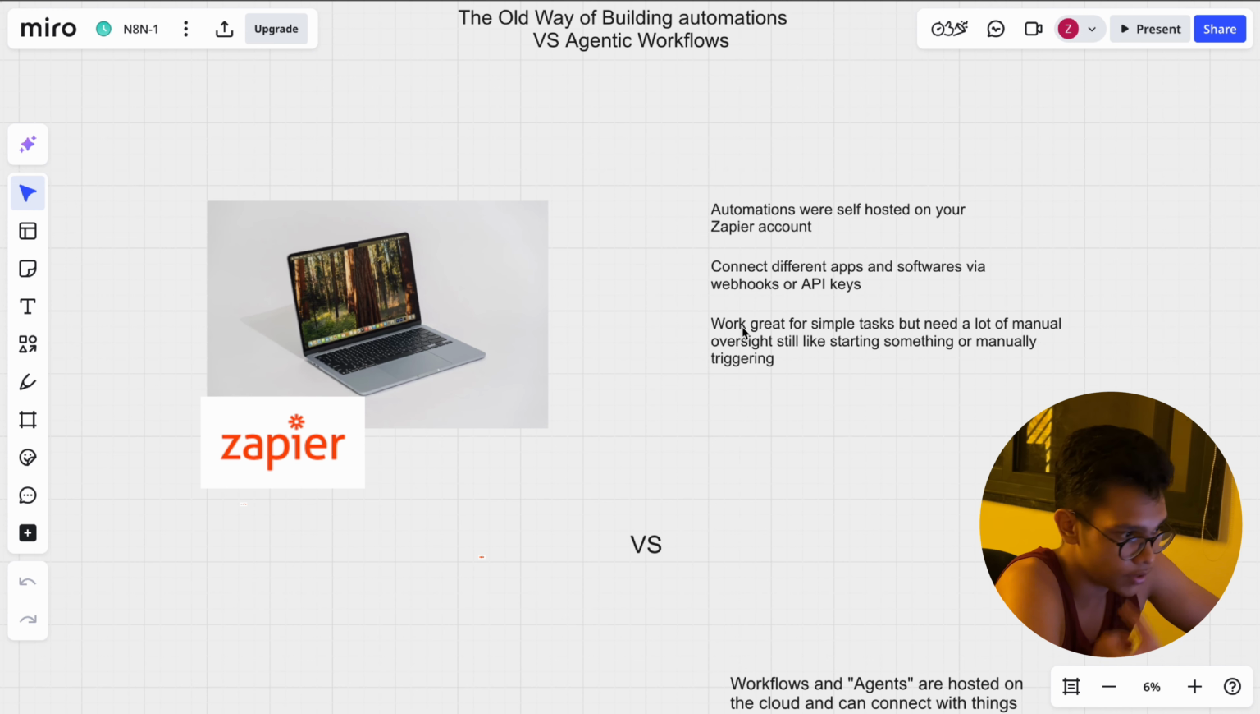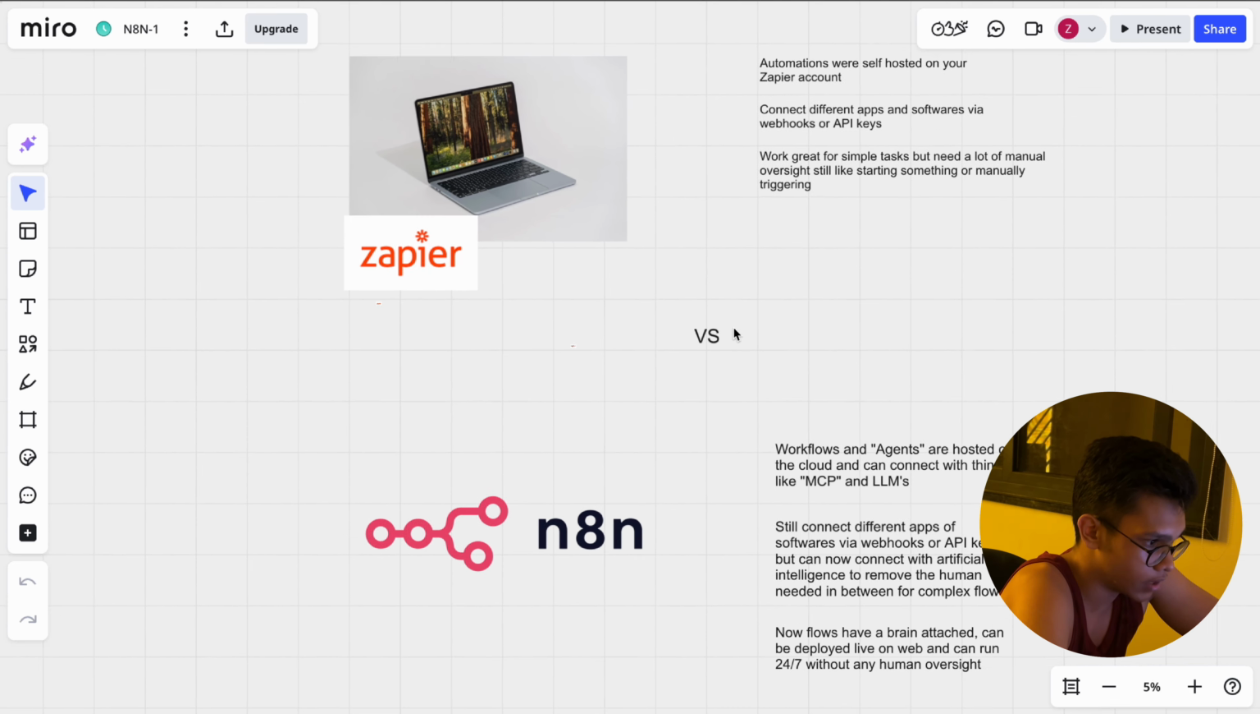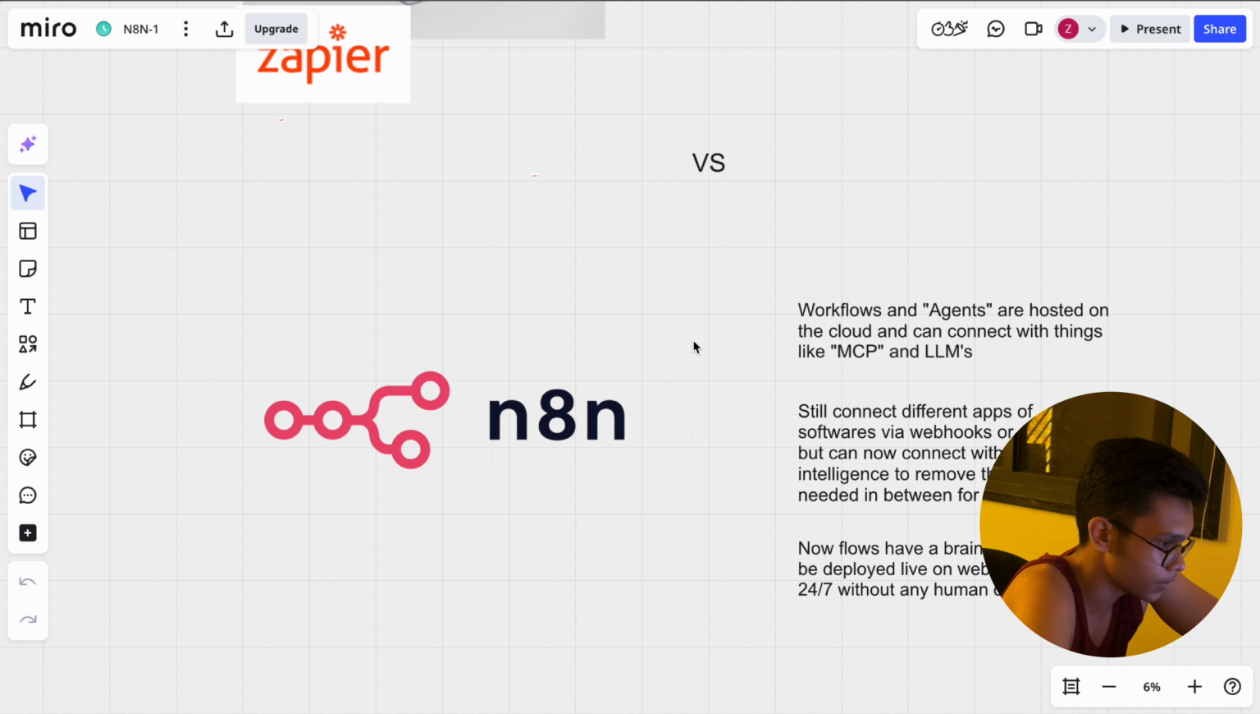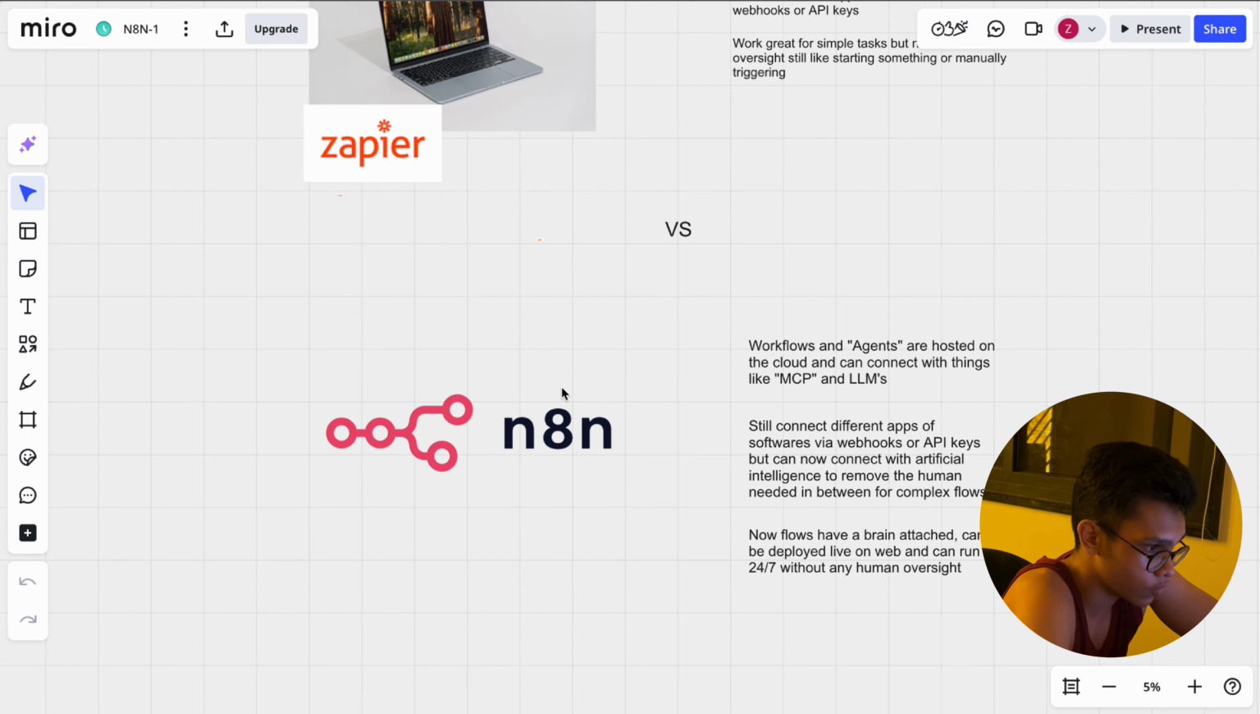Zapier generally works great for simple tasks but needs a lot of manual oversight, like starting something or manually triggering that kind of stuff. So what is N8N now? Our whole journey will be on this software. N8N workflows and agents are hosted on the cloud and can connect with things like MCP and LLMs. Those who don't know MCP,